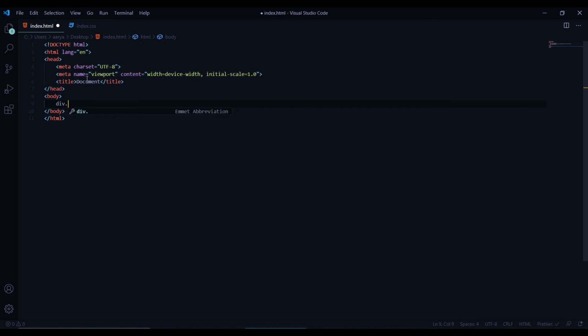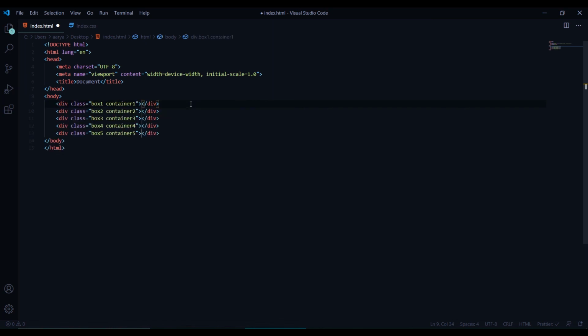So this is how this thing works, and you can also have multiple incrementers in one, like a div with a class of box dollar multiplied by 5, and then another class of, let's say, container dollar multiplied by 5. So it will give me divs with two classes, box 1 container 1, and then it will move on with box 2 container 2, box 3 container 3, like this. Oh, it didn't work. Oh, I forgot to put the dollar sign here.